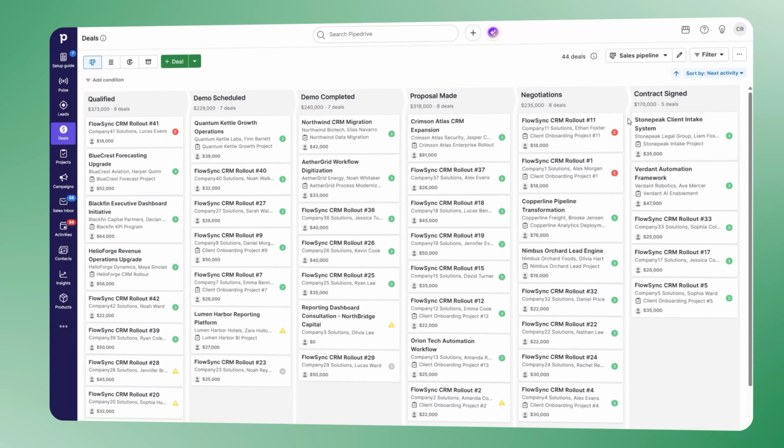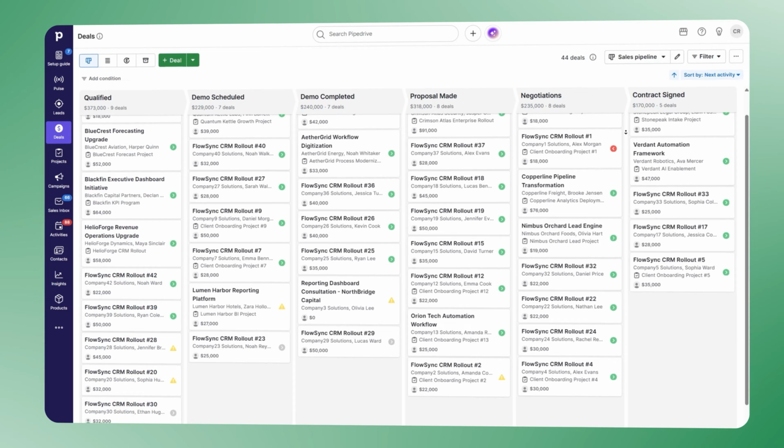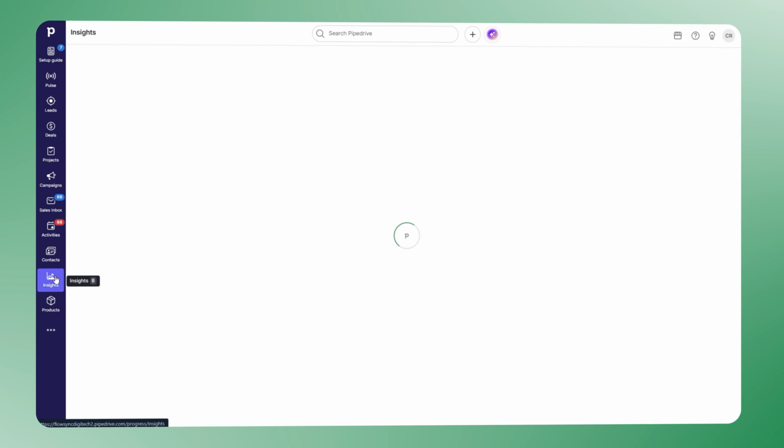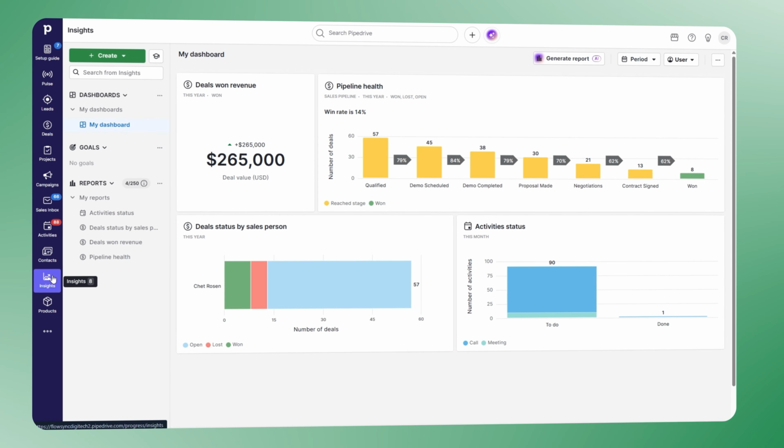To get started, log into your Pipedrive account. Once you're on the Pipedrive dashboard, navigate to the left menu and click on the Insights icon, since this is where reporting and sales goals are created. This section is essentially the analytical brain of your CRM. Now, we will create a new goal based on that performance and decide on a realistic revenue target for the